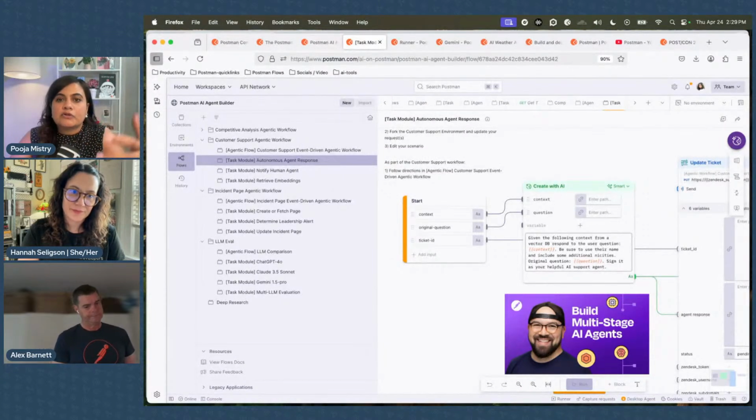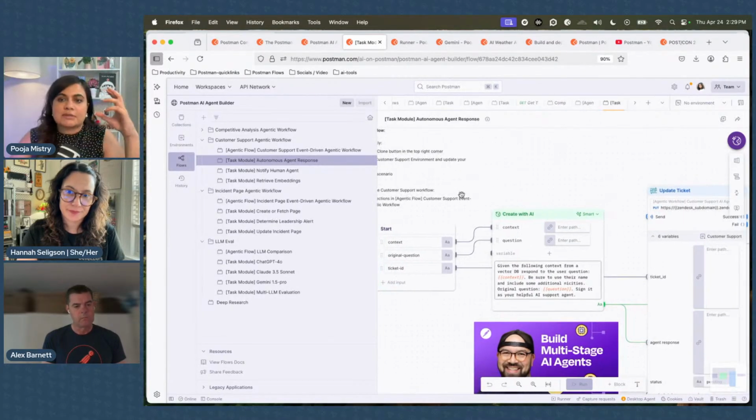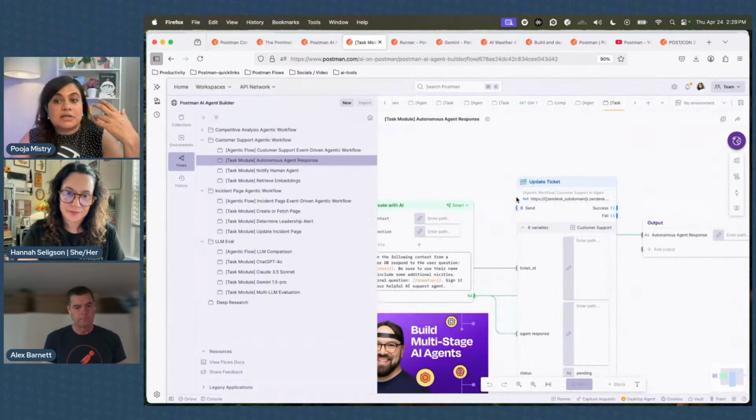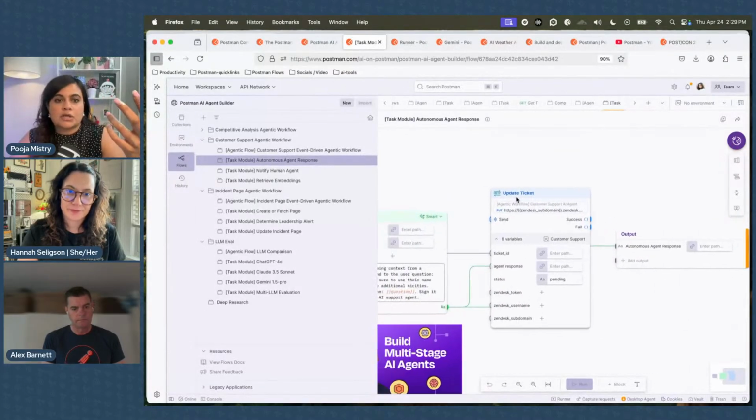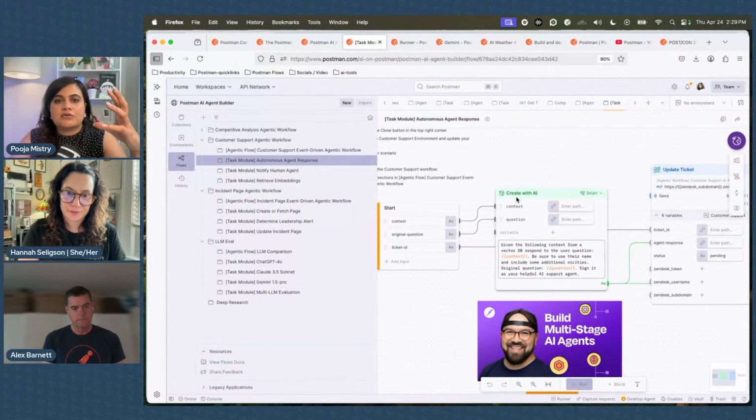This works autonomously, where it takes some context from Slack or from Zendesk, and then does some sort of evaluation, or some sort of input and output. The key thing to note here is the Create with AI block.